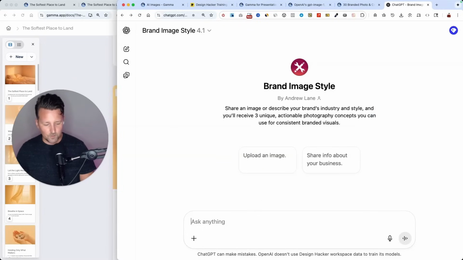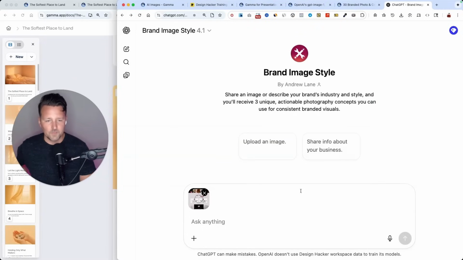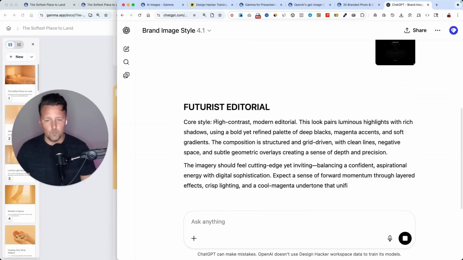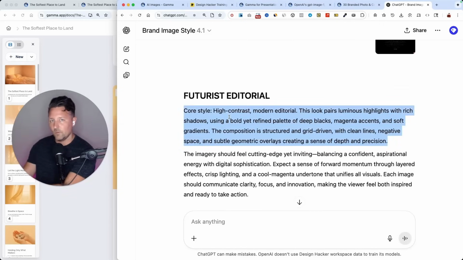The other option is you can upload a screenshot from your website or give it some information about your website, and it will analyze that image or whatever image that you give it. And in a few seconds, boom, it will give you a style to follow the look and feel of your